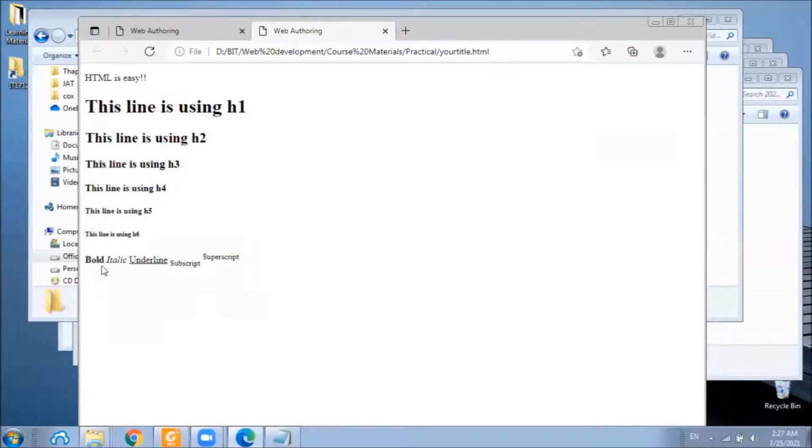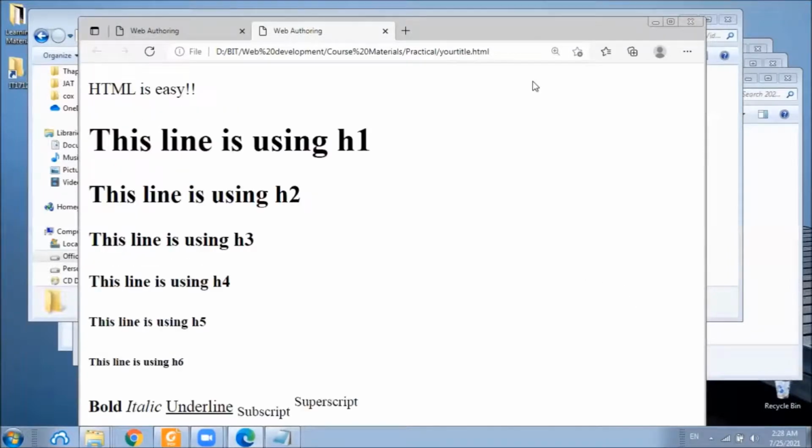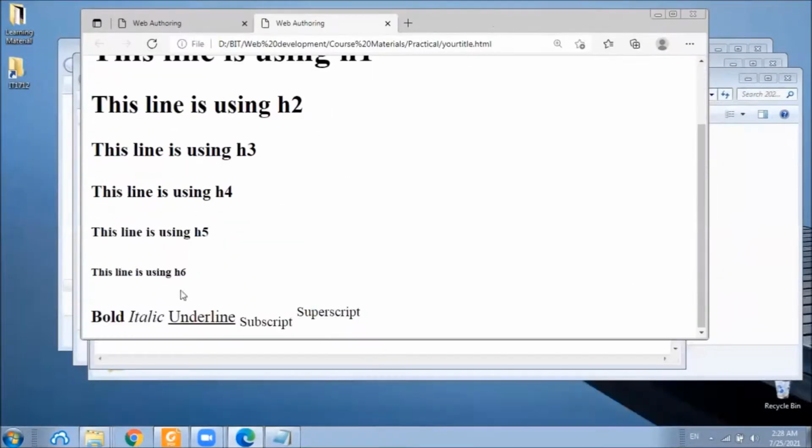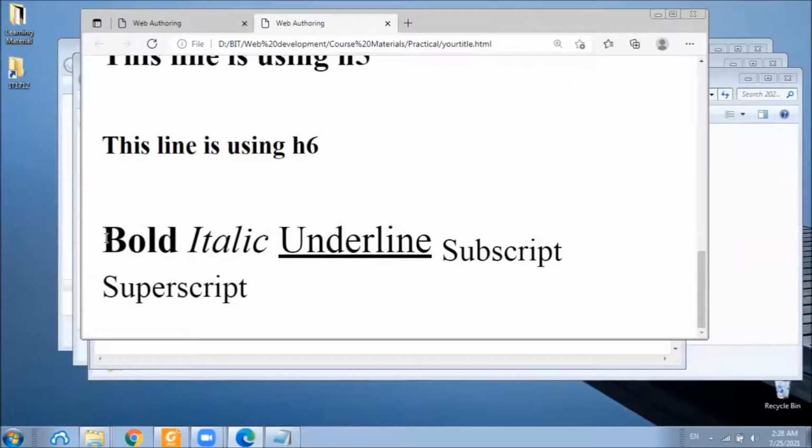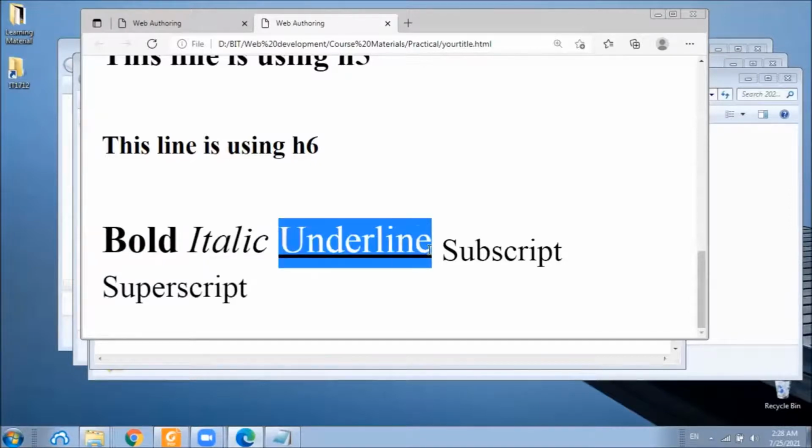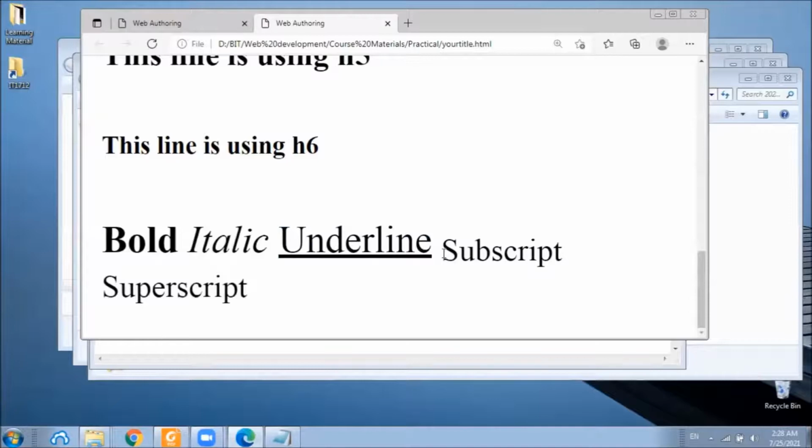Now the bold text is now bold. I will zoom in for convenience. Now we can clearly see this text is bold. This text is italic. This text is underlined. Similarly, this text is a little bit lower than the regular text line.